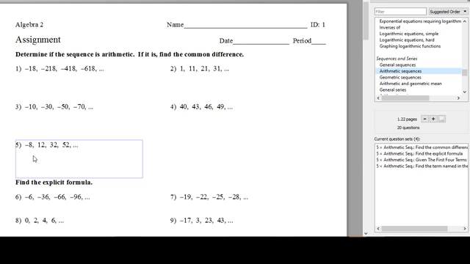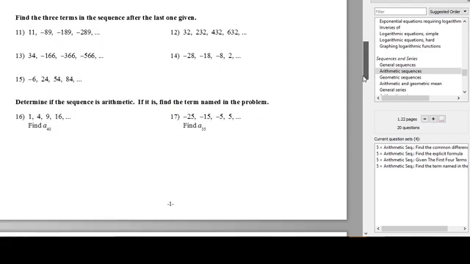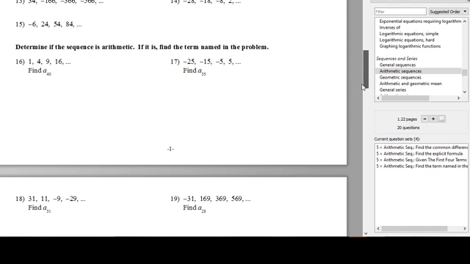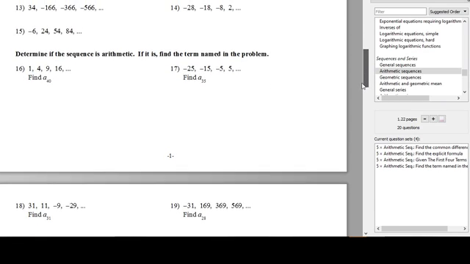Okay. Not hard, right? No. Okay. And I want you to do 16 for me. Do I need to find A40? I want you to find A40. Okay. Let's be a_n equals 1